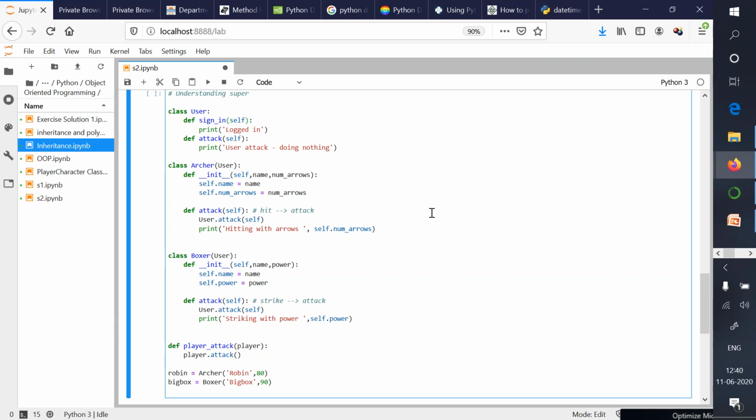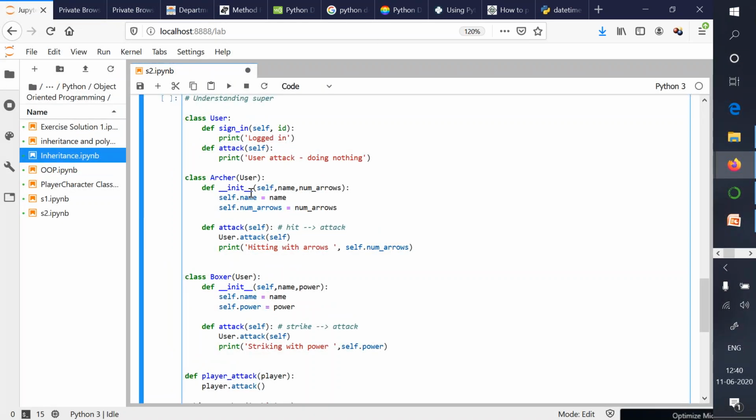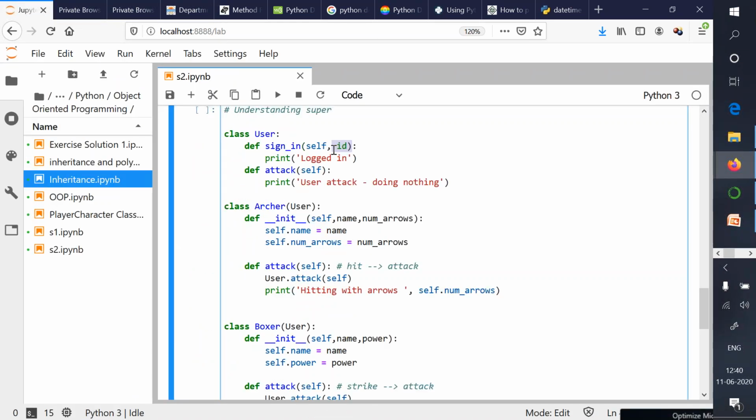So I will make certain changes in the superclass, the base class, like this: along with self, I will now pass the ID variable also. Earlier I was just passing self.